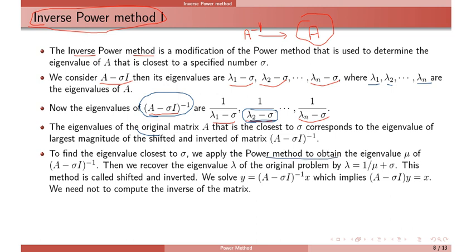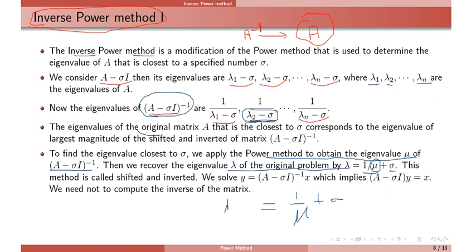So this is just a modification of power method applicable on (A minus sigma I) inverse. And don't forget to change your answer at the end and apply the same procedure in reverse manner. Firstly find the reciprocal and then add sigma to find the eigenvalue of matrix A. Here mu is the eigenvalue of (A minus sigma I) inverse, so just take the reciprocal then add sigma. This will be the eigenvalue of matrix A, denoted by lambda.